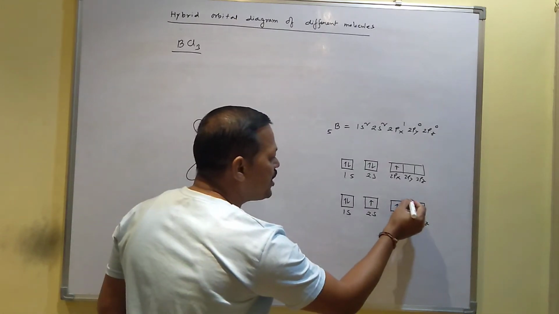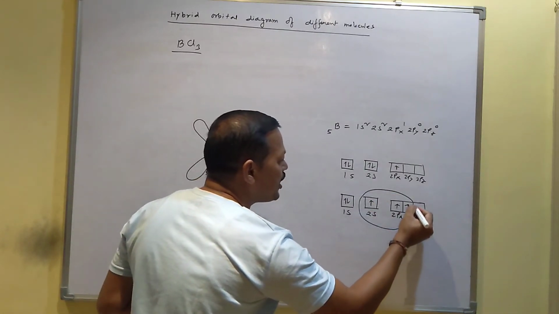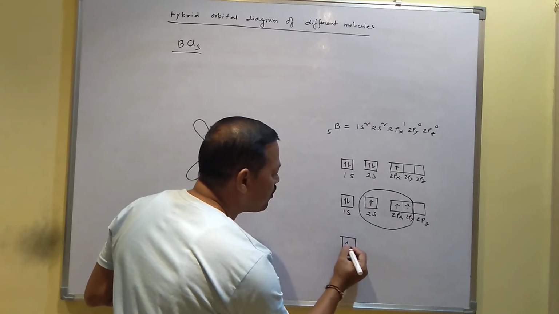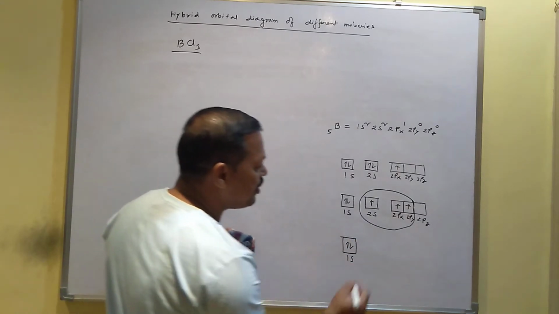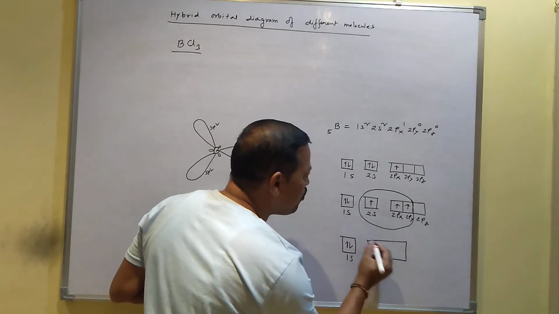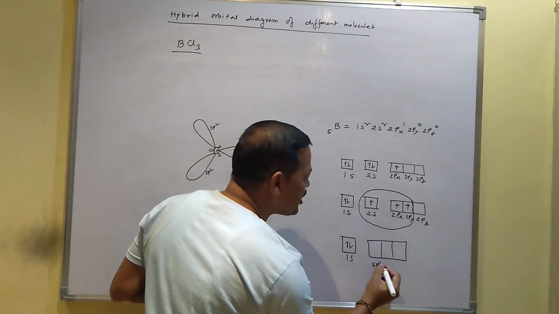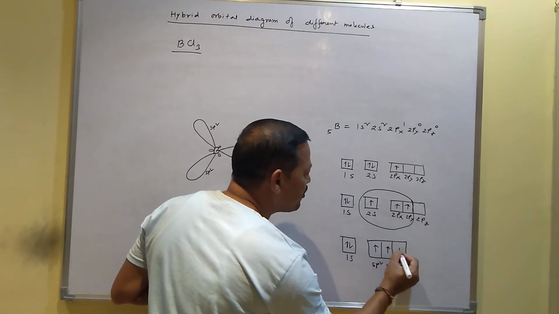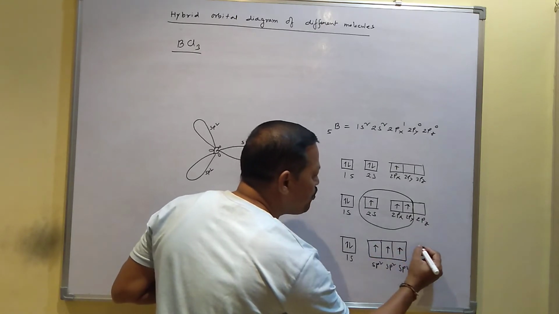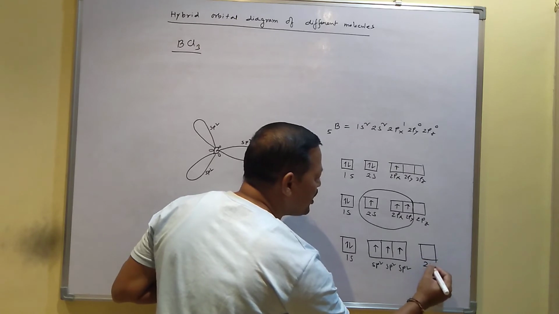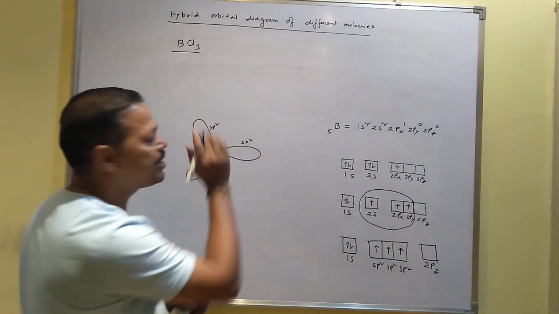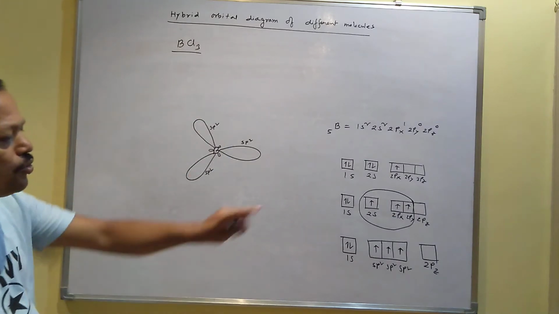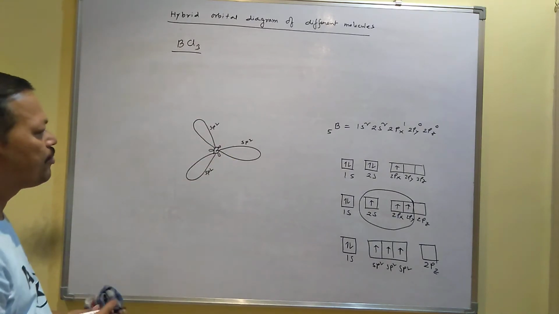Now mixing takes place like this, which is called sp2 hybridization. 1s remains the same and does not involve in mixing. You will get 3 sp2 orbitals for boron. These sp2 orbitals contain a single electron each, and the 2pz remains vacant. That's why there is no role of 2pz in this hybridization, so no need to draw the perpendicular 2pz, because 2pz does not have any electron.